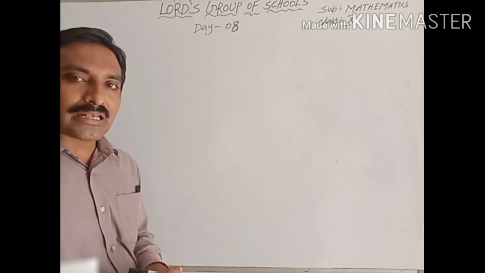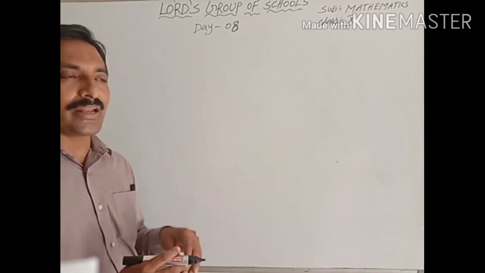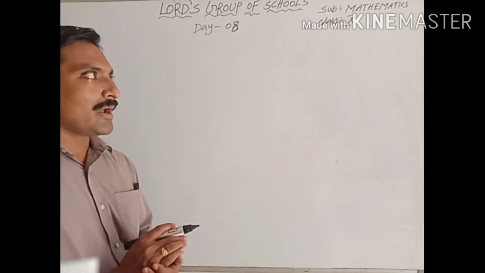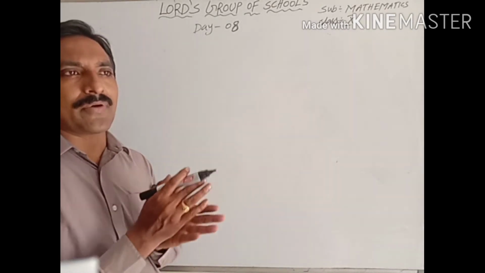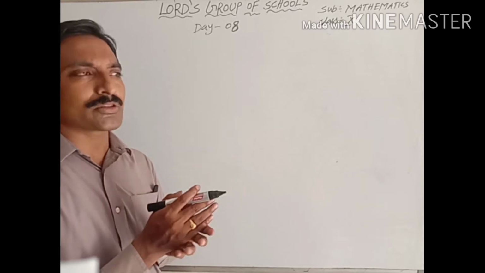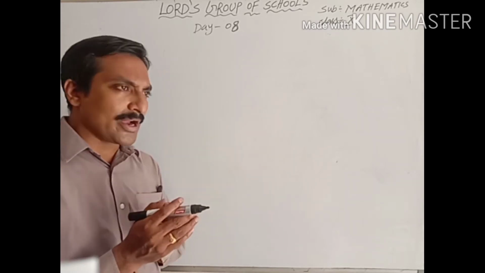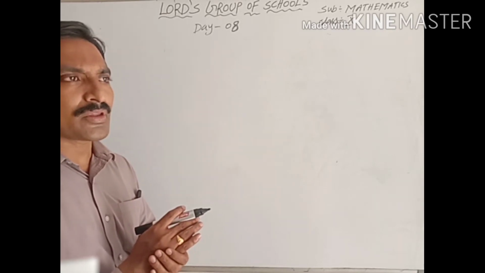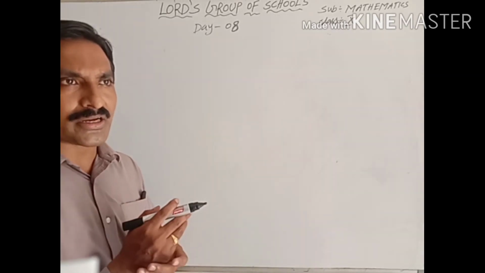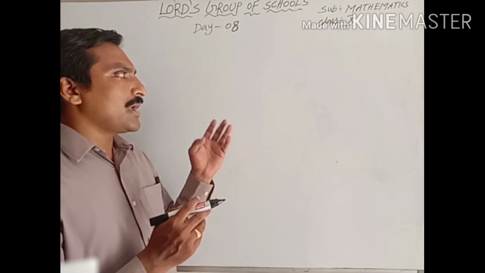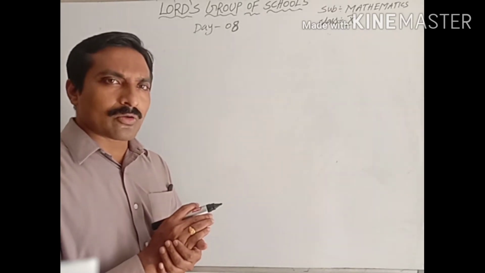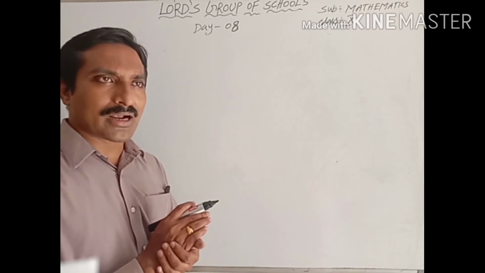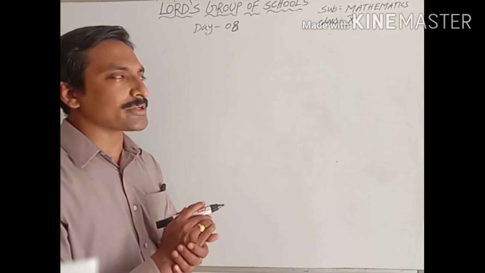Now, in the previous class, we learned how to identify a linear equation in one variable and a linear equation in two variables. Next, how to identify the types of lines without drawing. If a1/a2 = b1/b2 ≠ c1/c2, the lines are parallel, they are inconsistent, and they have no solution. If a1/a2 ≠ b1/b2, the lines are called intersecting lines, they are consistent, and they have only one solution.